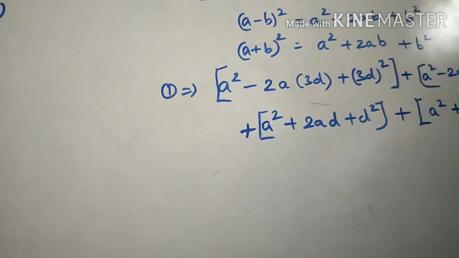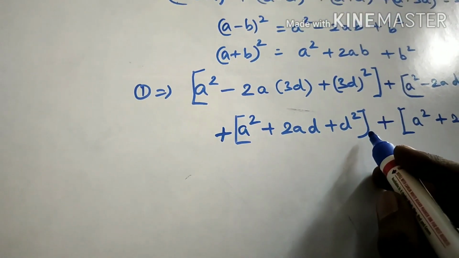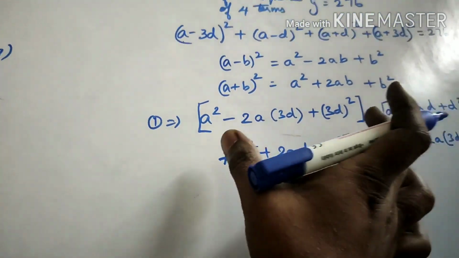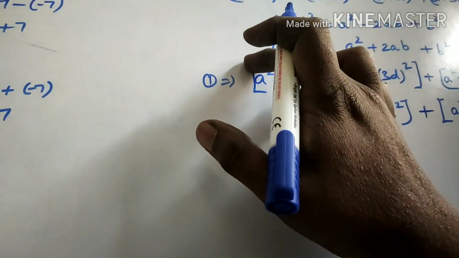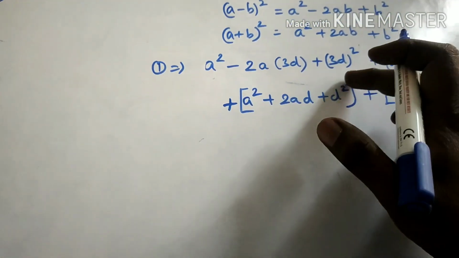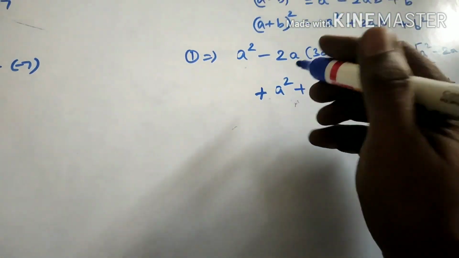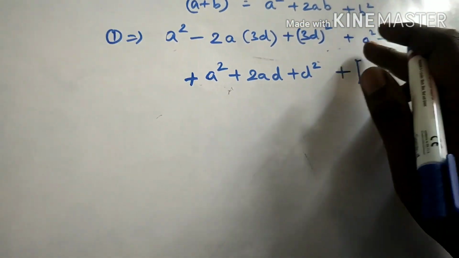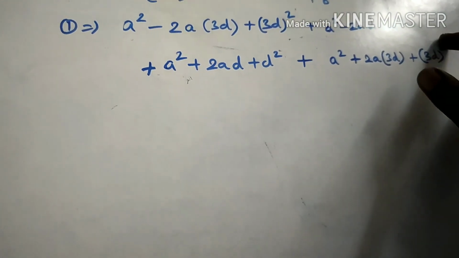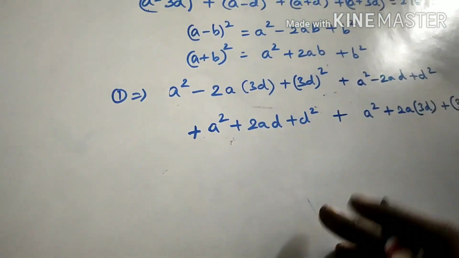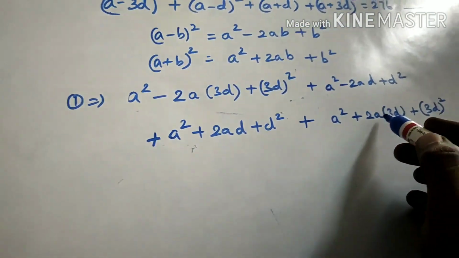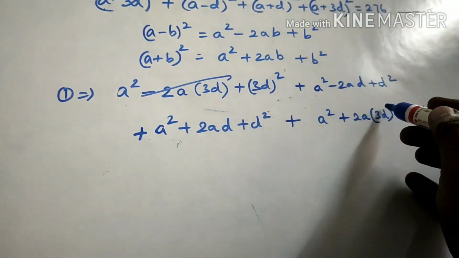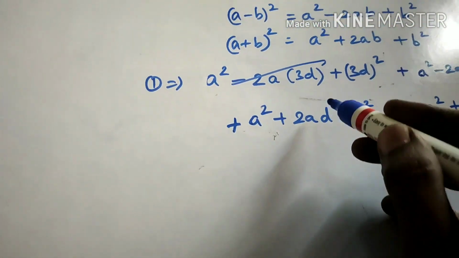Okay, now see here, this box, what you do, you put in a bracket, that is, you use pencil. Okay, now it is very clear. We have expanded. Now what you do, you erase this box bracket. Use pencil and put this box bracket just to differentiate each term. Now what you can do, see here, minus 2ad plus, sorry, minus 2a into 3d plus 2a into 3d gets cancelled. Minus 2ad plus 2ad gets cancelled.